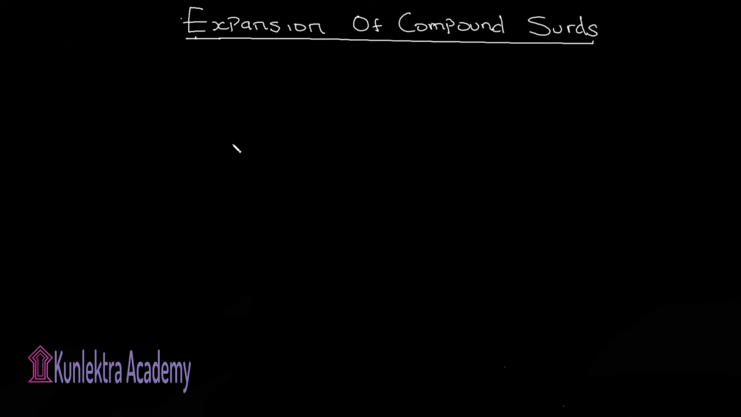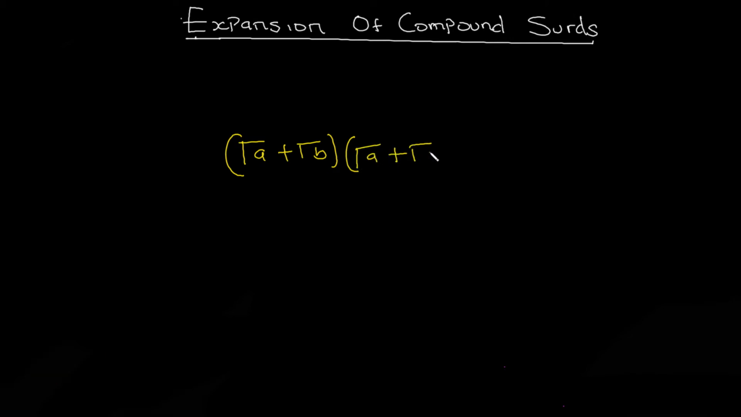For example, if you have root A plus root B multiplying root A plus root B. This is just an illustration so we can understand how to expand a compound surd. Now, if you see my video on expansion of algebra, you'll be able to understand that perfectly well. You pick the first variable, root A, and multiply the variable in the first position of the second bracket first, and that will be root A